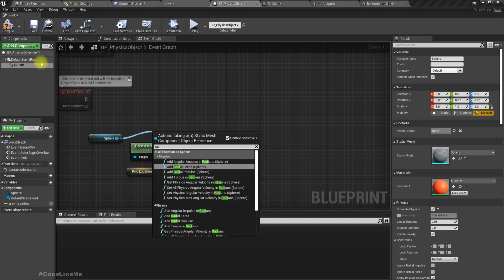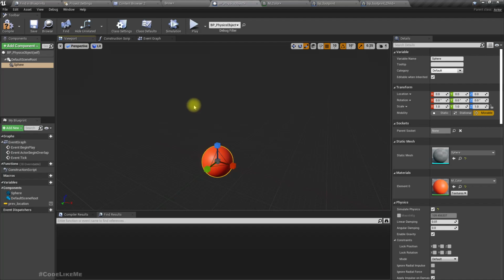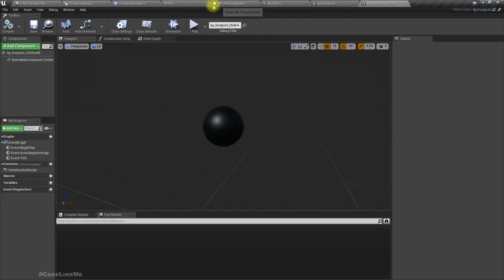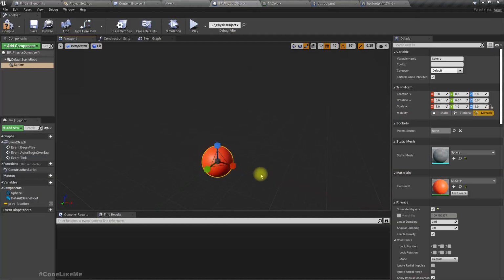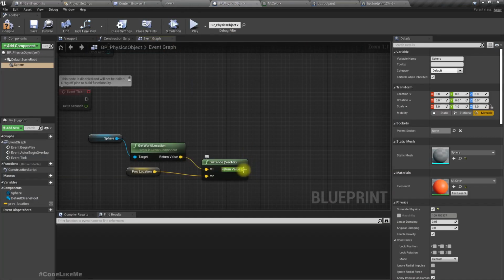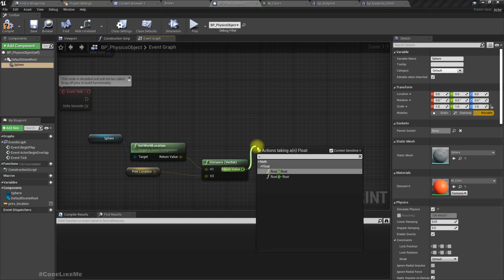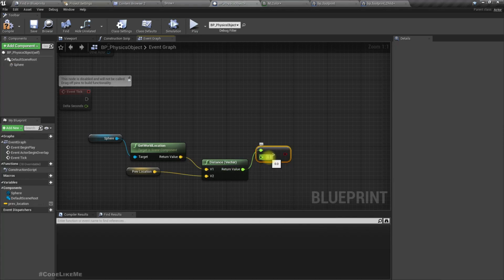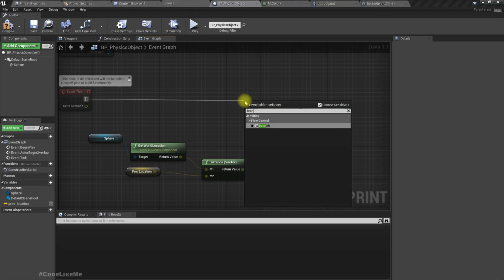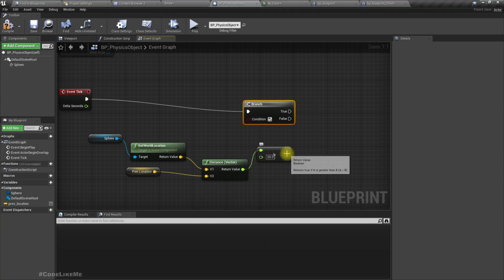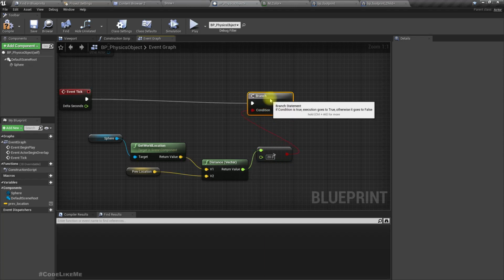No, we can't. So let's give some number, and let's change it as we need. Let's use 20. If this distance is larger than 20,